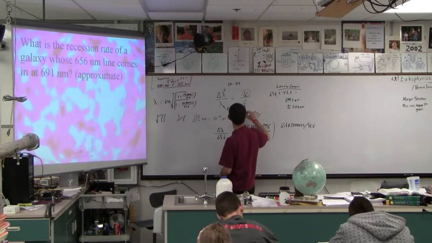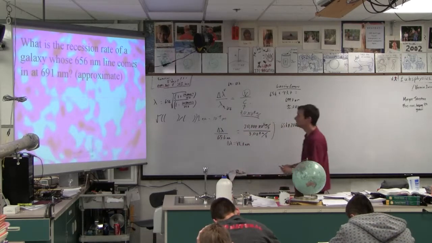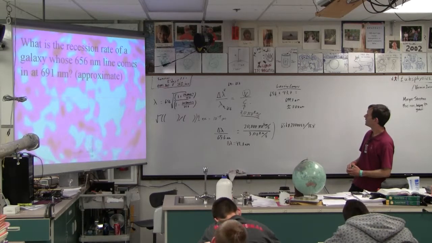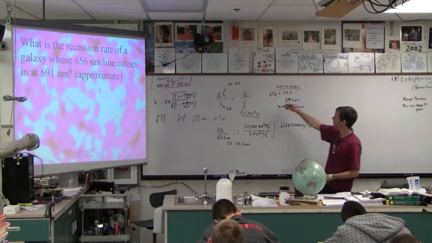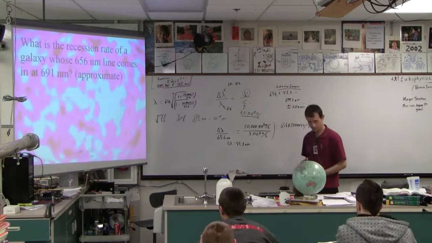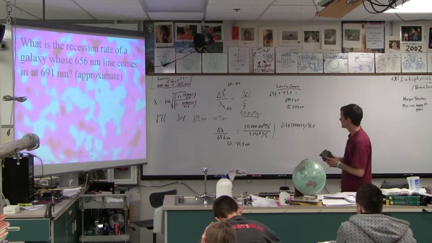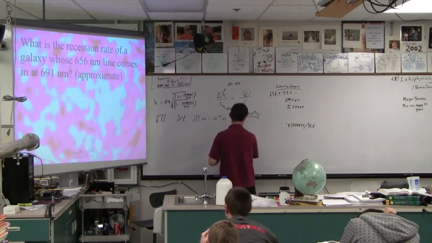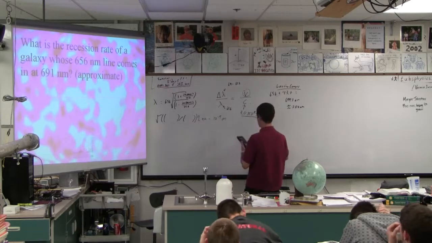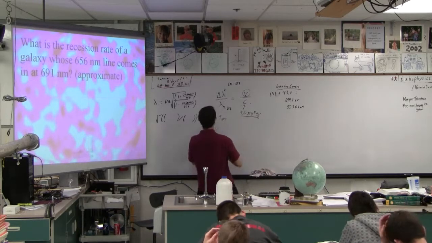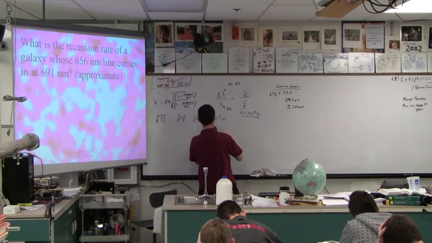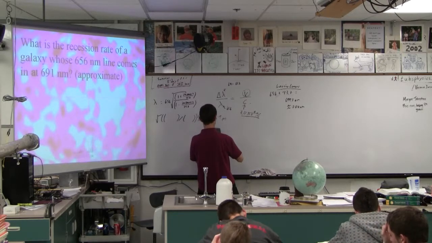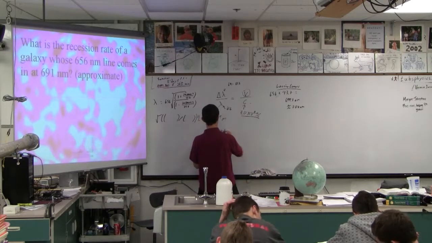This guy is 3E8. See if you can figure out what this velocity is. So what is that? 691 minus 656? 35. Okay, so 35 is